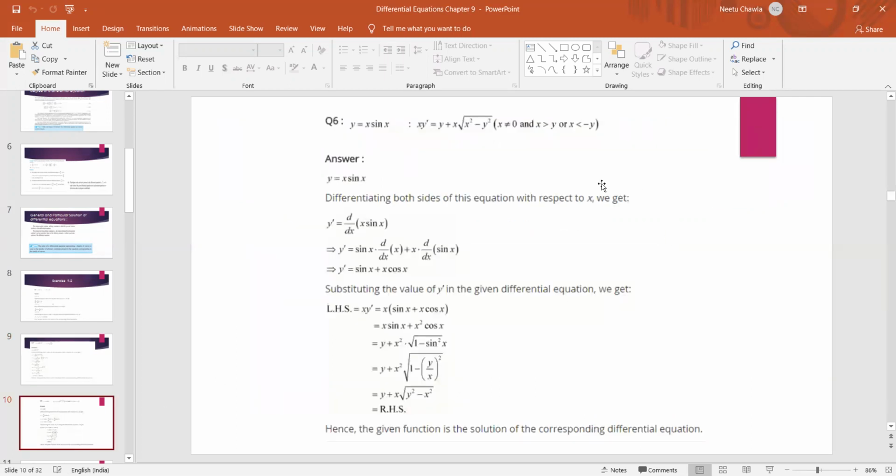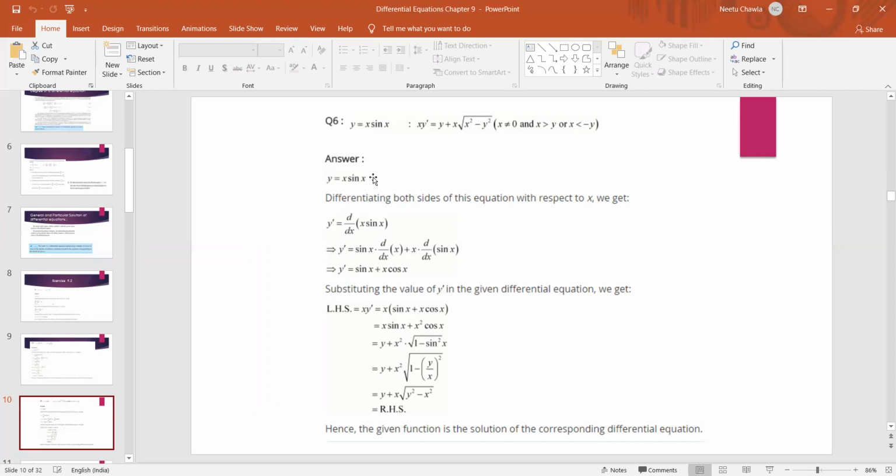Now let's see one more question over here. This is your question number 6. y is equal to x sin x, and we have to show that x y dash equals y plus x under root x square minus y square. So first step, as always,